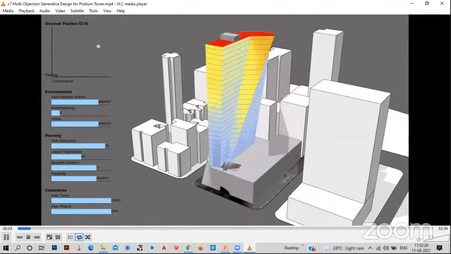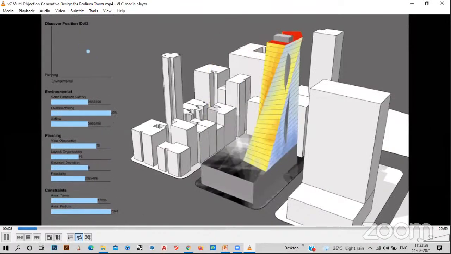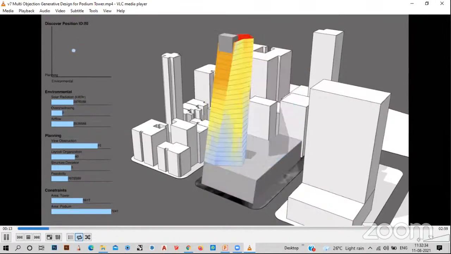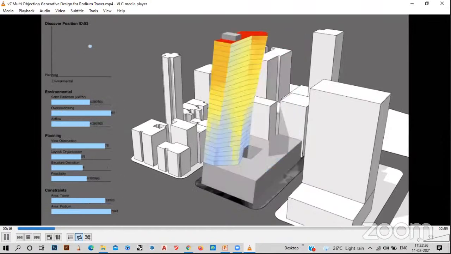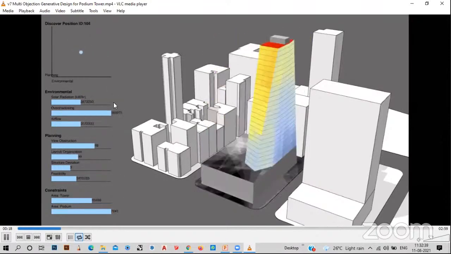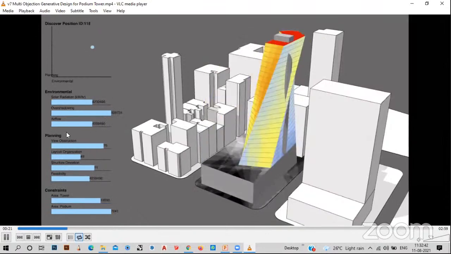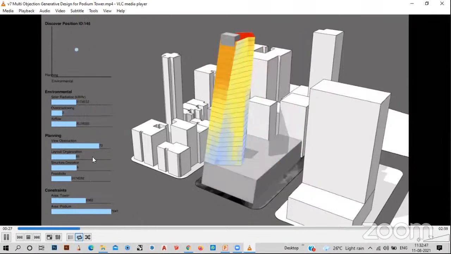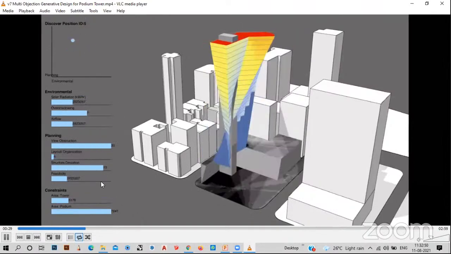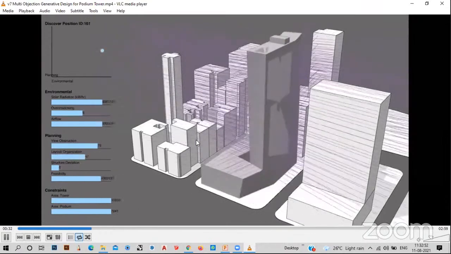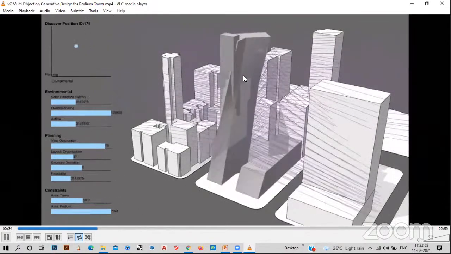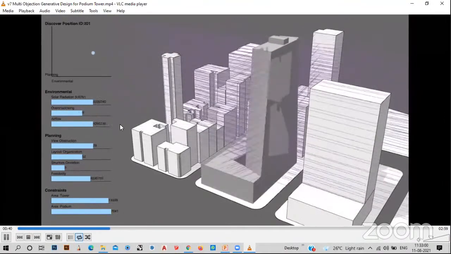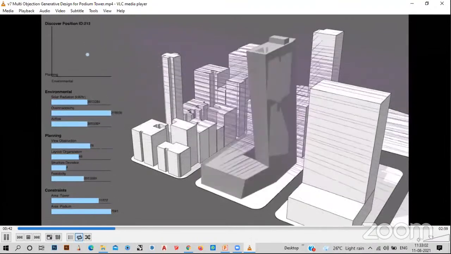This is a tower which our computer is generating based on your floor plates and based on the solar radiation. So this is for the environment: solar radiation, overshadowing, airflow. This is the planning filtration criteria: view obstruction, layout organization, structure deviation, feasibility, and the constraint is area. The area is fixed for the tower and fixed for the upper floors, but everything else is changing according to the environmental factors like solar radiation, overshadowing, airflow.